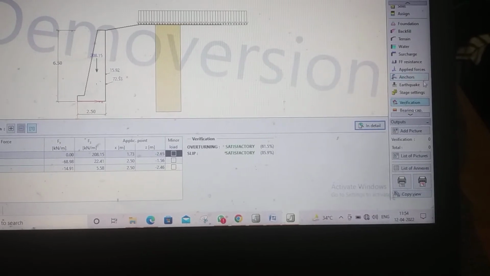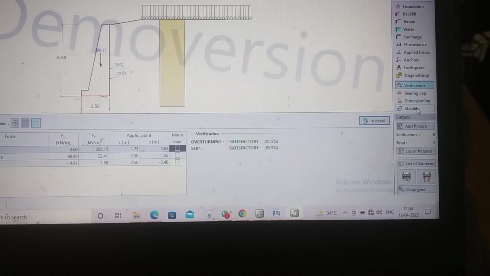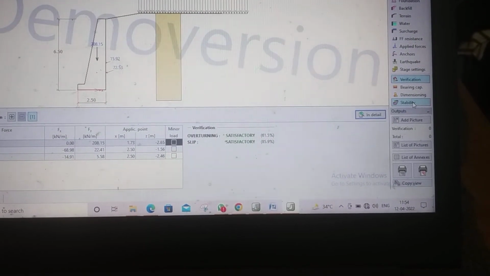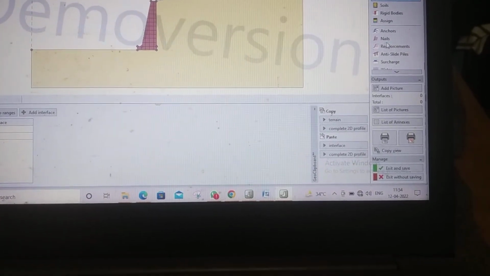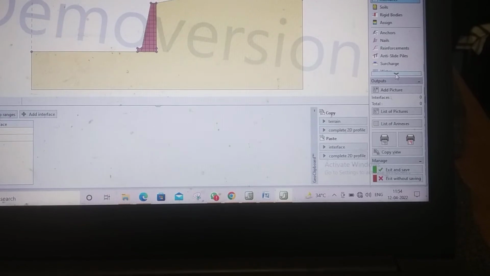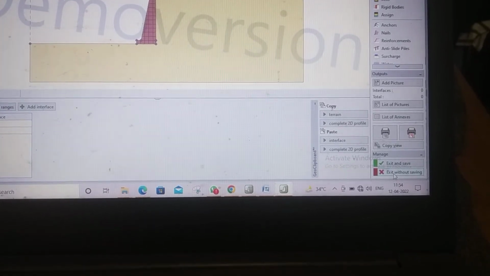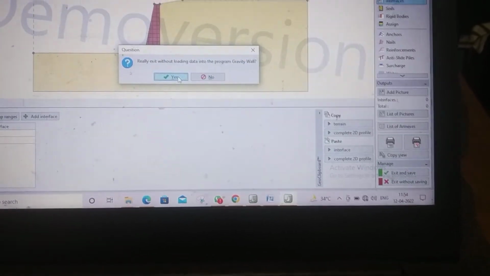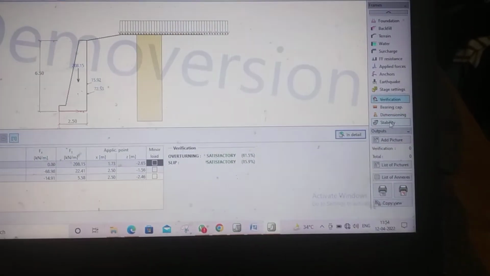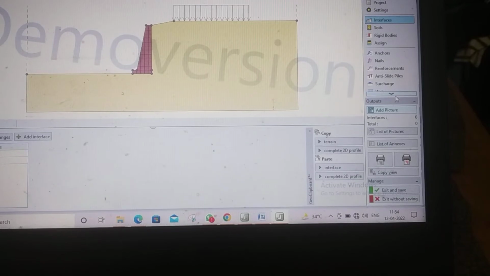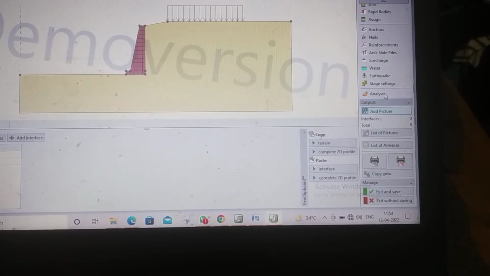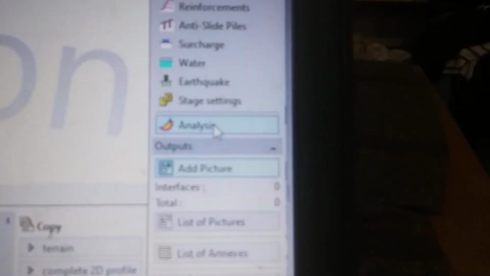Then we have to go with stability. In this case, click the button on stability, then go with analyze, this option.